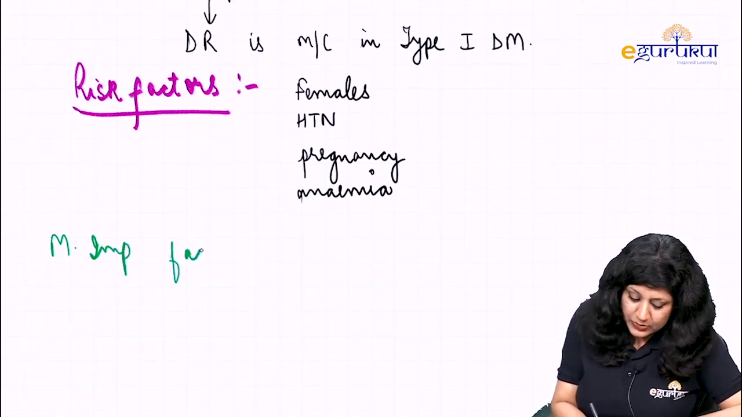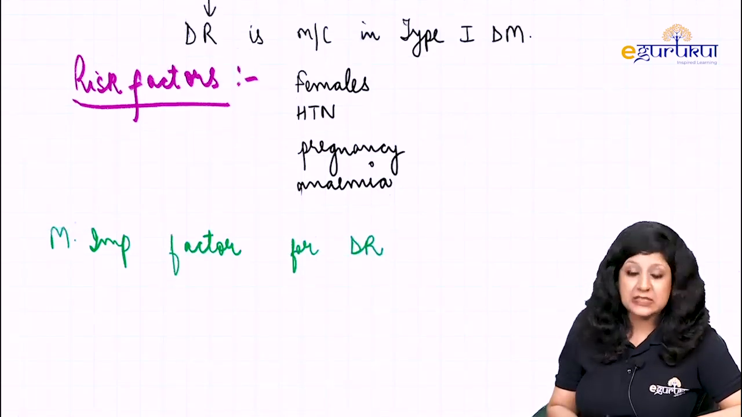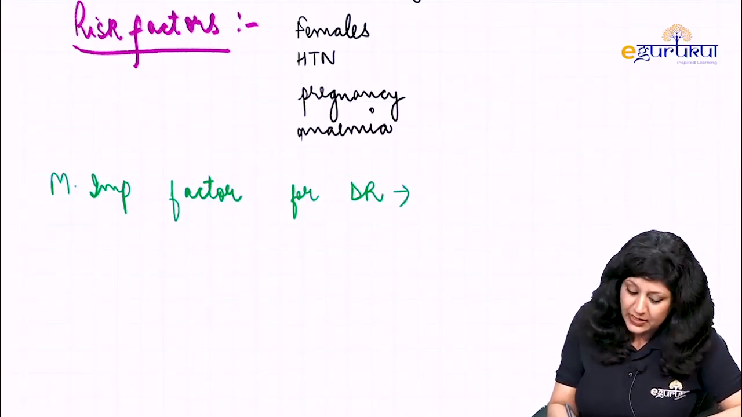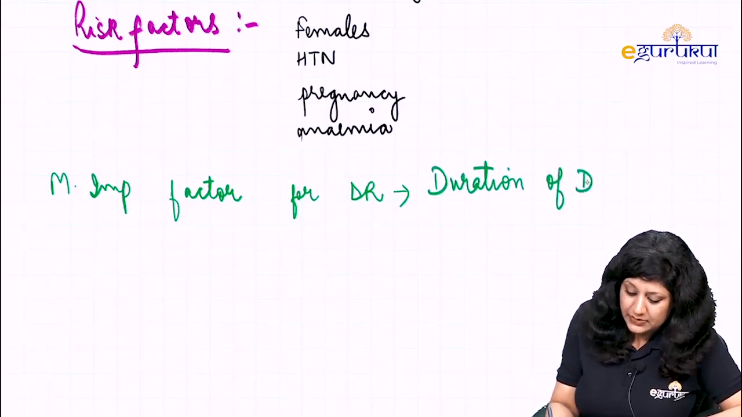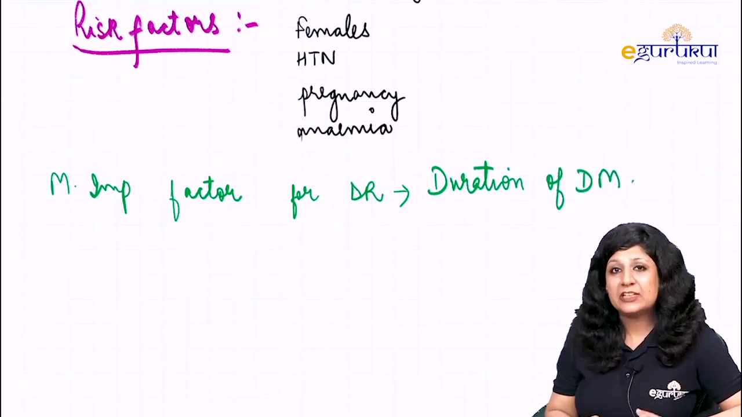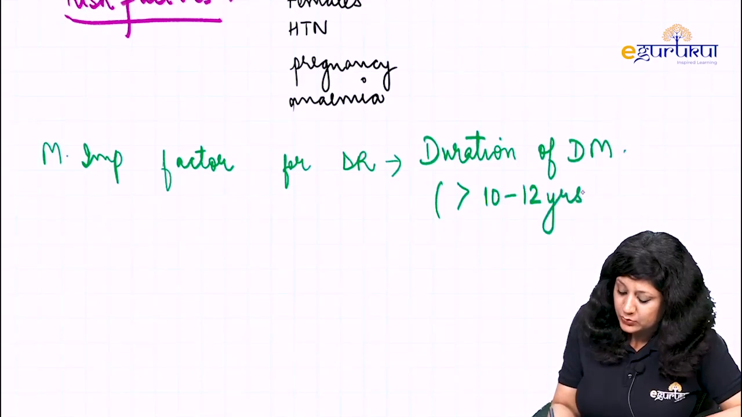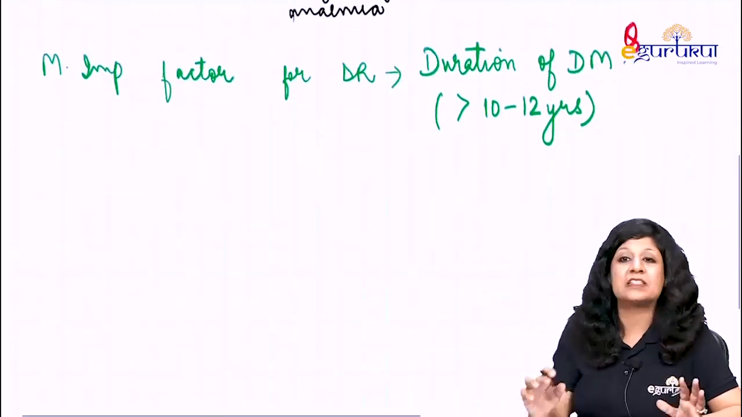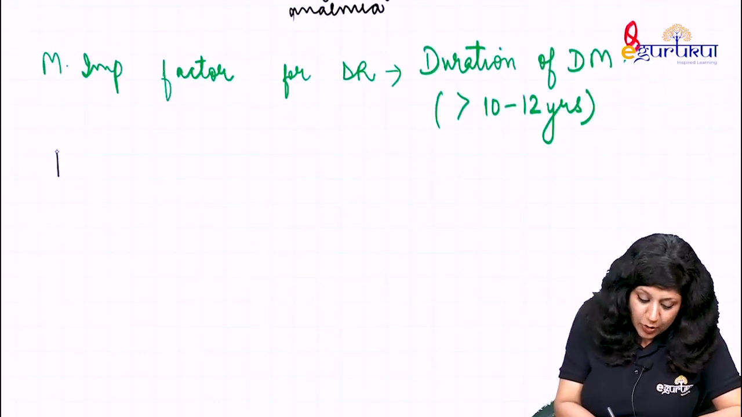Now, the next important thing: what is the most important factor for diabetic retinopathy? This is again a very importantly asked question. It is actually the duration, that is the duration of the diabetes mellitus, especially if the duration is more than 10 to 12 years. A person having diabetes for a very long period will have maximum chances for the development of diabetic retinopathy, and it is not affected